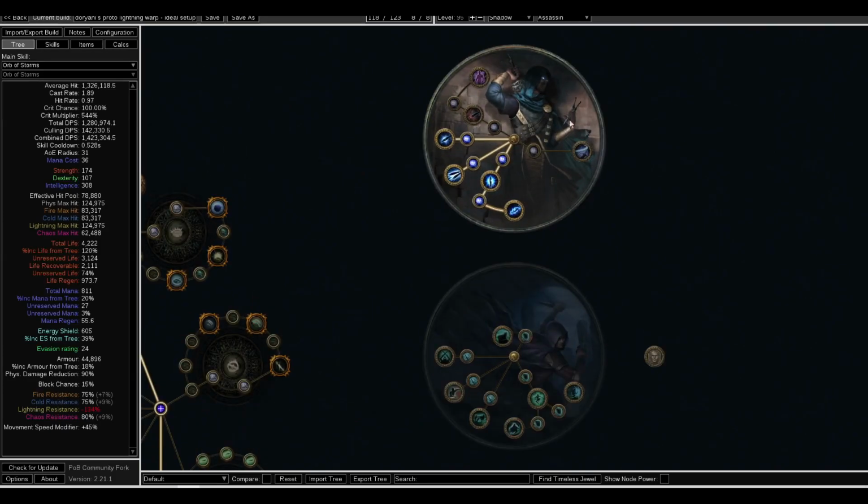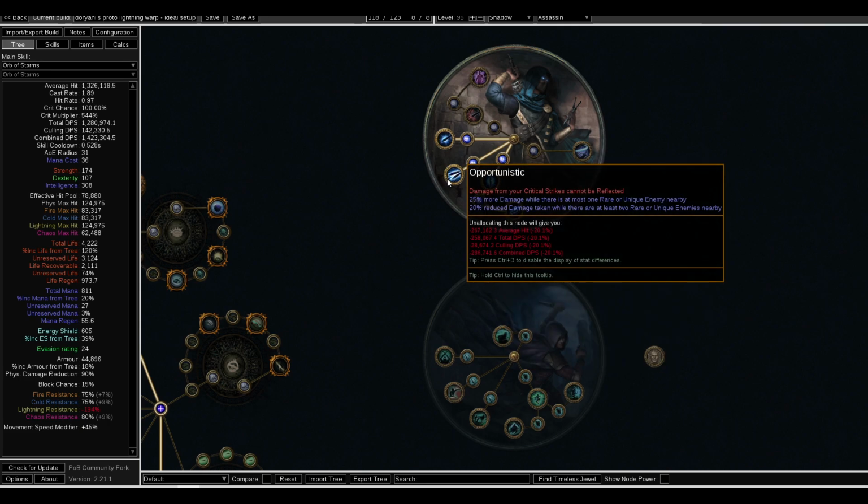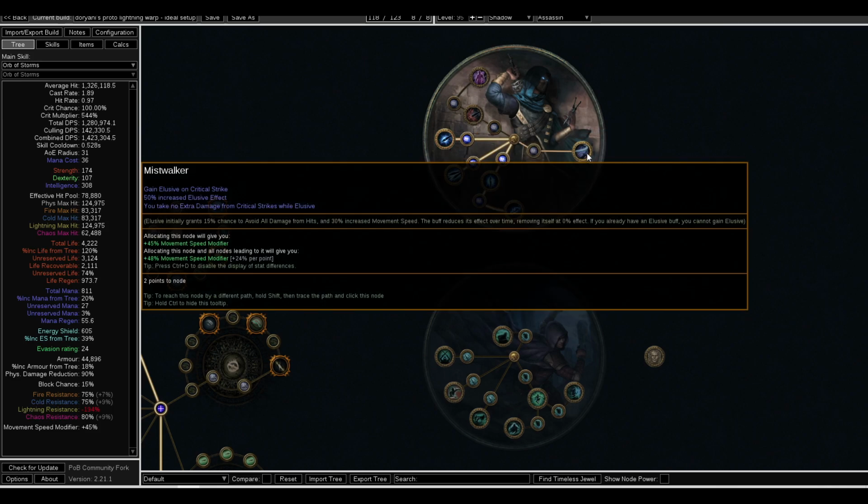For the Ascendancy, it's Assassin. I should have told it at the beginning. Unstable Infusion, Deadly Infusion, and Opportunistic. And the last variant is up to you. If you want to be more tanky, just use the Mistwalker. If you want to